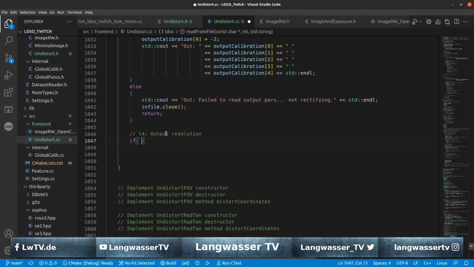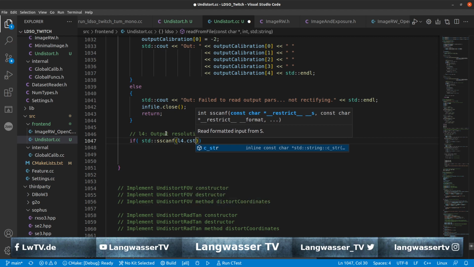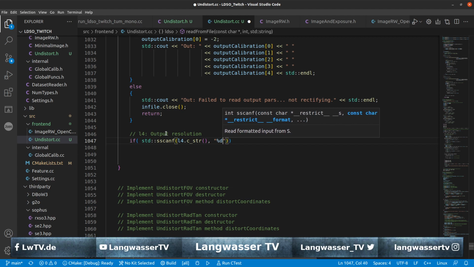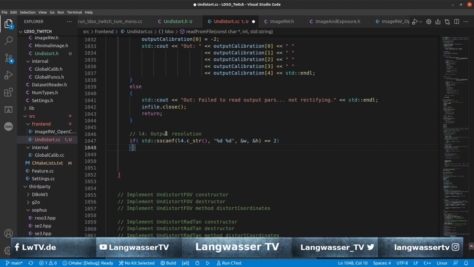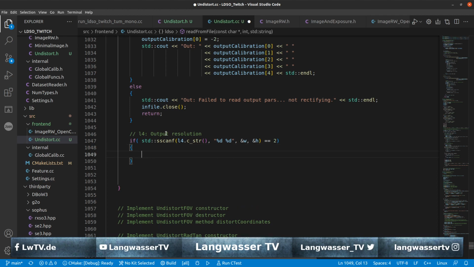So we first go ahead and check if standard scanf, line 4, C string, we expect the format %d %d, so 2 integers, which should contain our final values of width and height, and the function should return a 2 because 2 values have been parsed. And after this returns true,